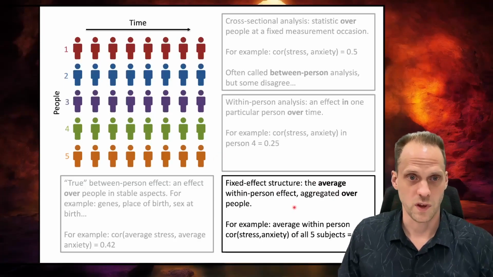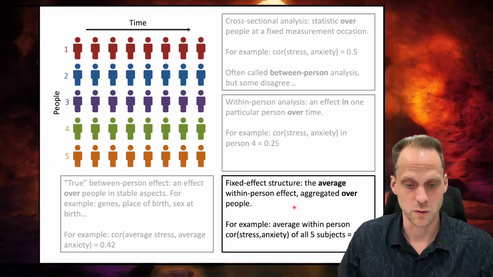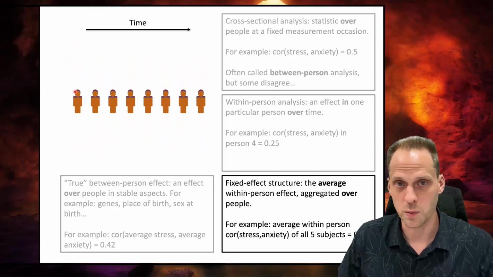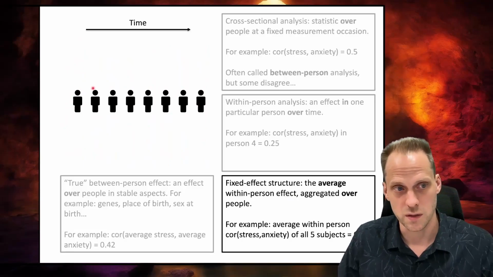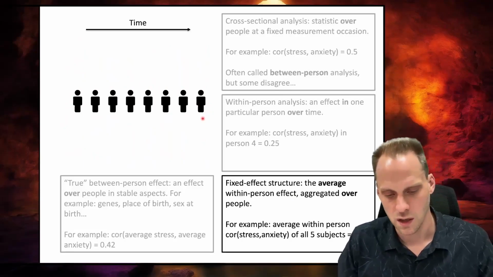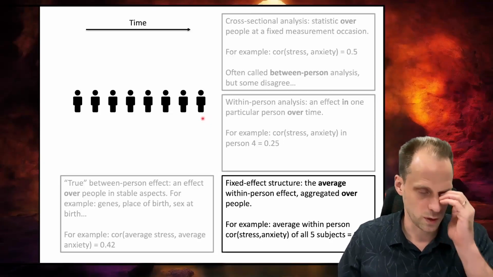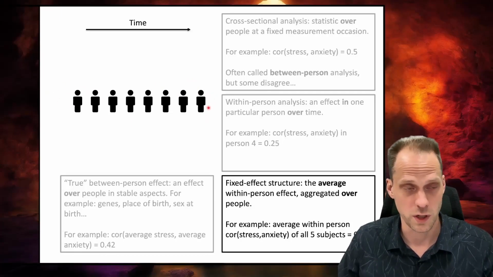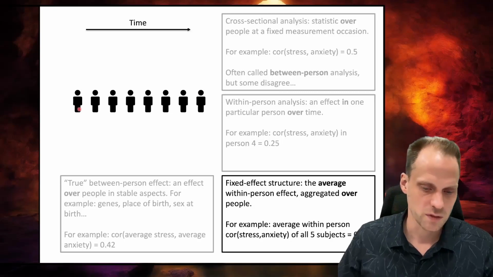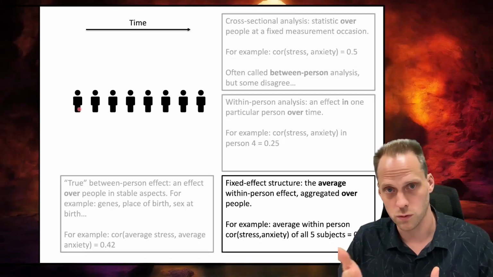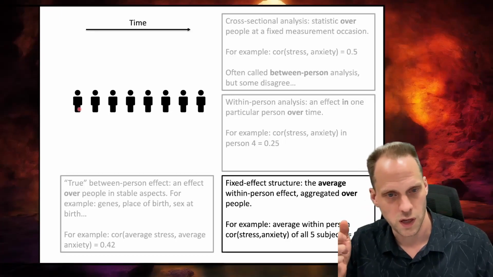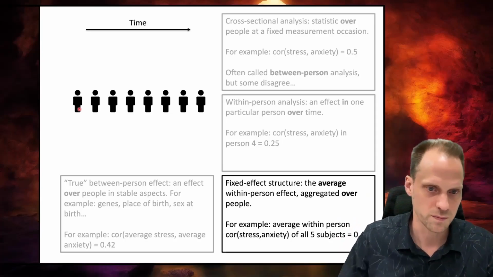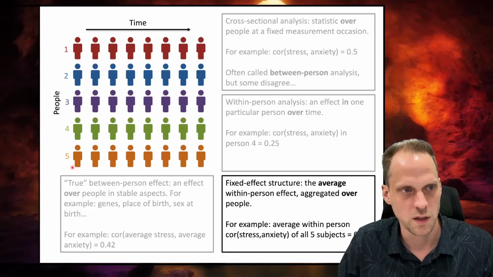Now finally, we have fixed effects, which you might hear if you do multi-level modeling. And what we do in fixed effects, we aggregate over people. So we basically create one non-existing average person, and then we look at what is happening within this average person. So we try to establish a correlation within this average person, which gives us something that we can use to generalize to people. But at the same time, it gives us a relationship that is not actually based on the data of any particular person in our sample, because this person did not exist.